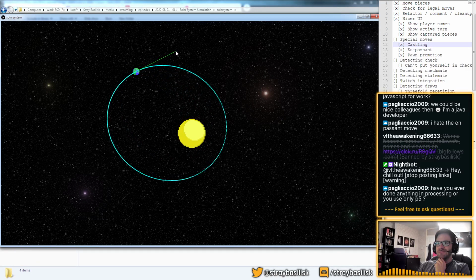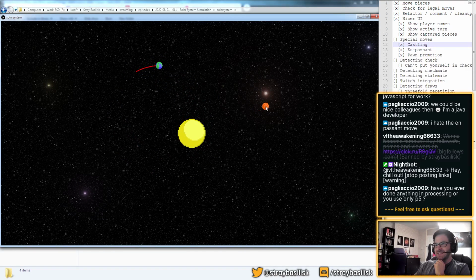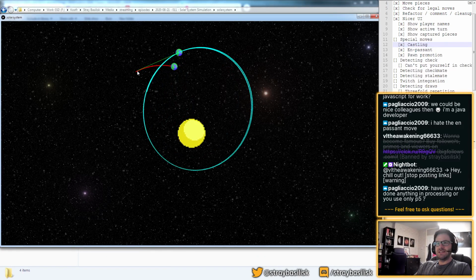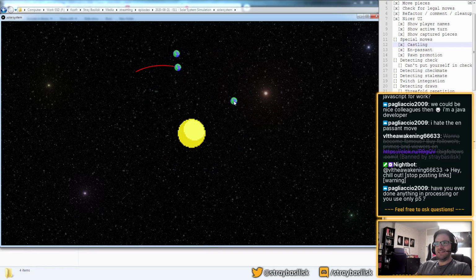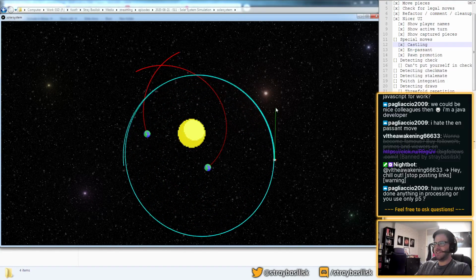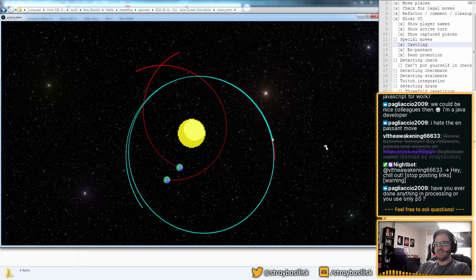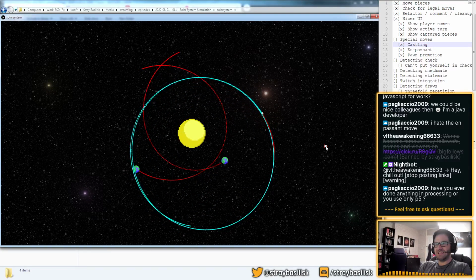So this is an orbital mechanics simulator we did. I think I can pause this and then throw another thing in here. You can also make a little ship, and I think we had a way to thrust. So I'm using the arrow keys now.